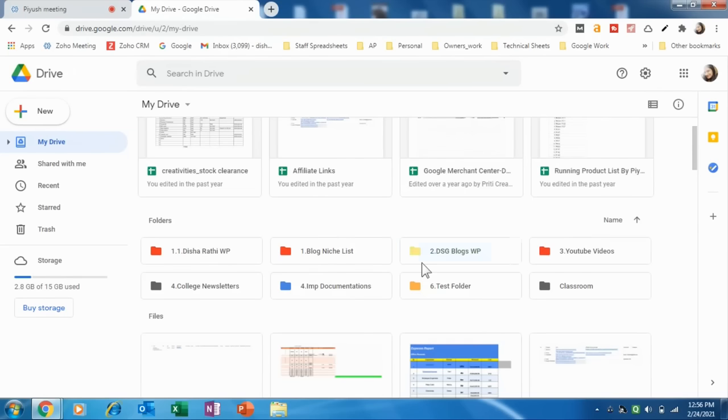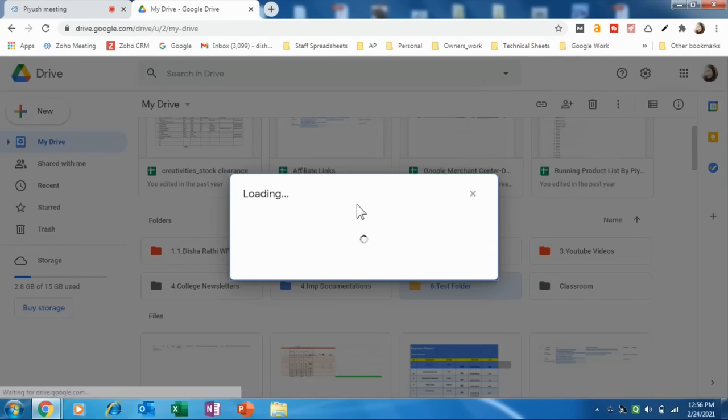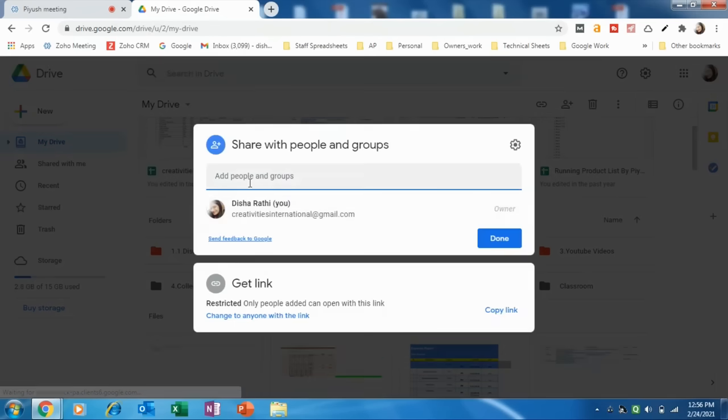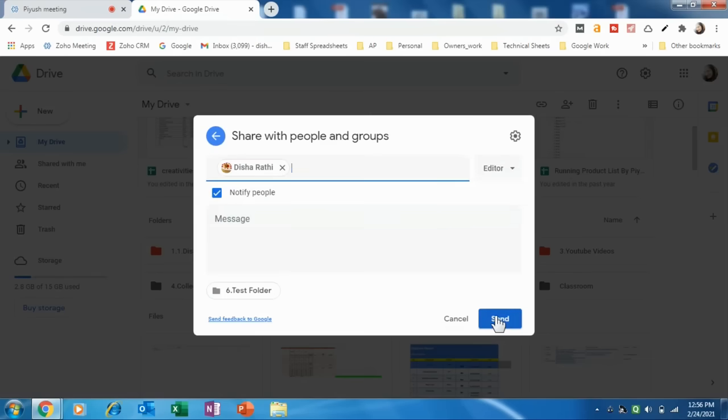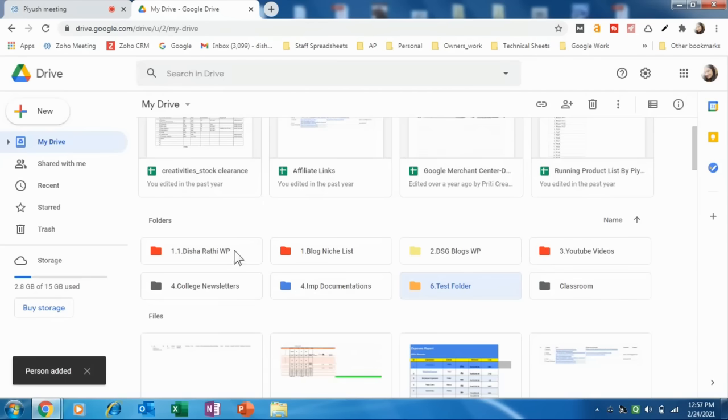You can share your files and folders with your colleagues. You can get the shareable link. You can delete this. If you want to delete this particular folder, just click the folder and press the delete icon. Okay, suppose you want to share this folder with your team, so just click the share button, and you can type the name or email ID of the people with whom you want to share. Suppose I'll type my mail ID itself. Okay, and I will click on send. So that particular folder has been shared with me itself.